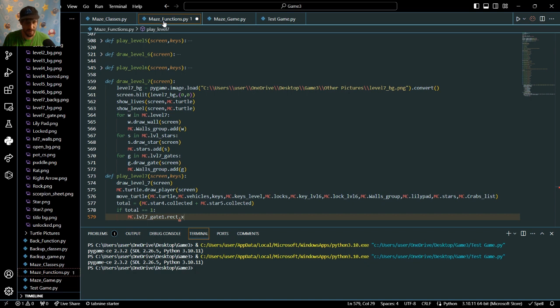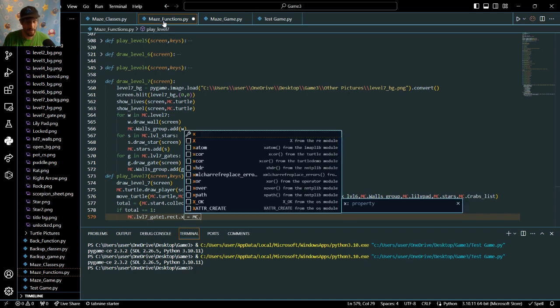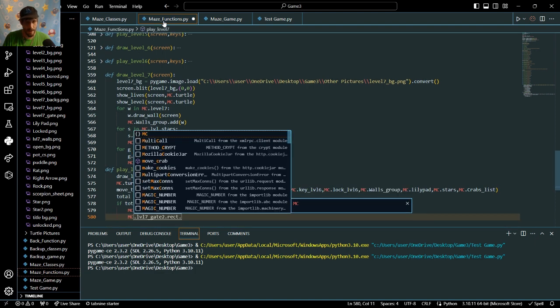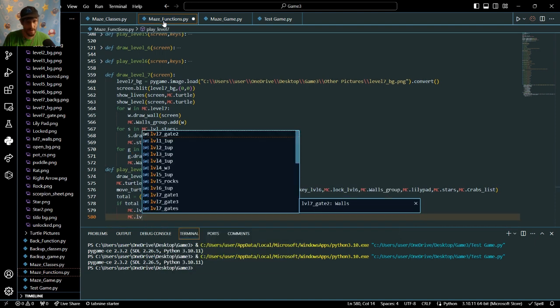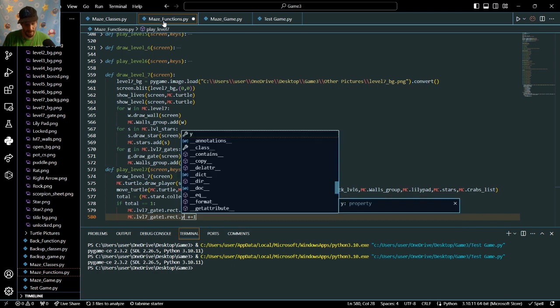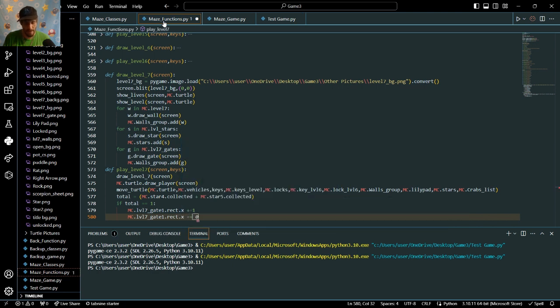This is telling it that I want the rectangle of the x to move by 1. And if our MC level 7 underscore gate dot gate1 dot rect dot x is equal to,